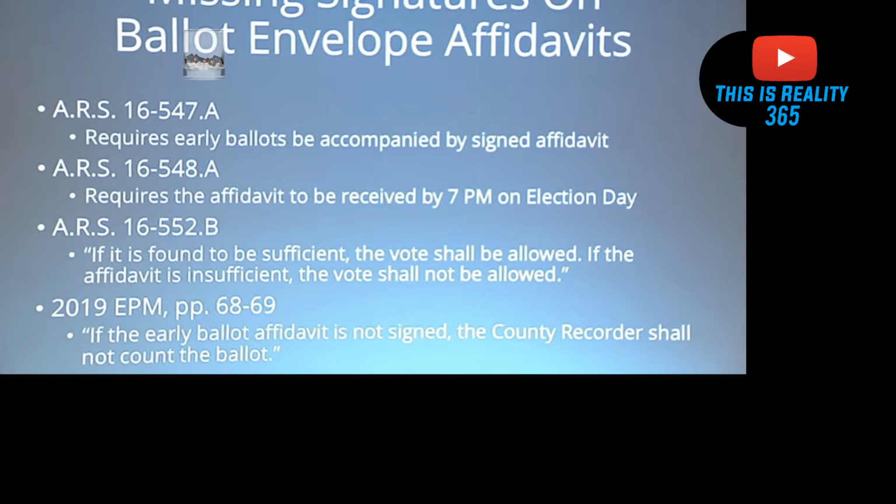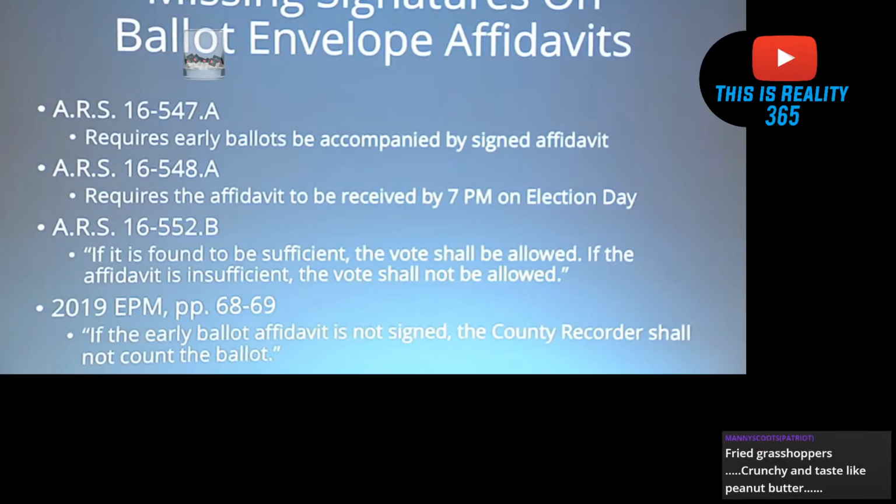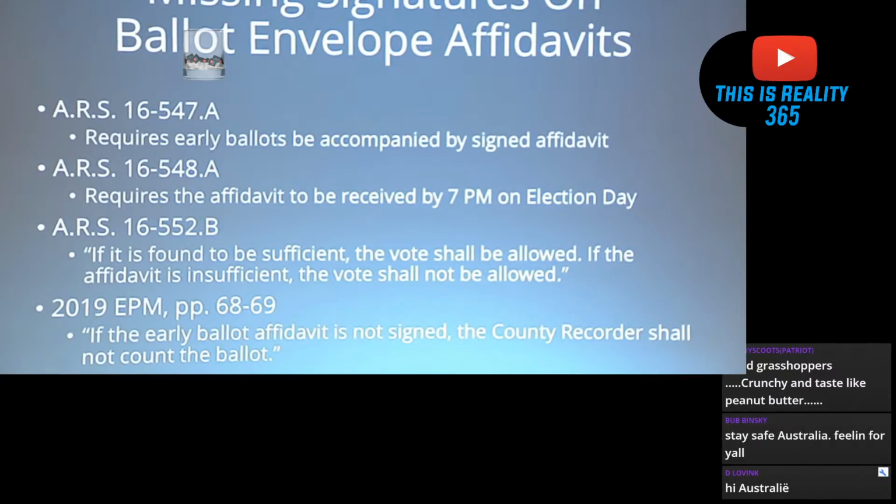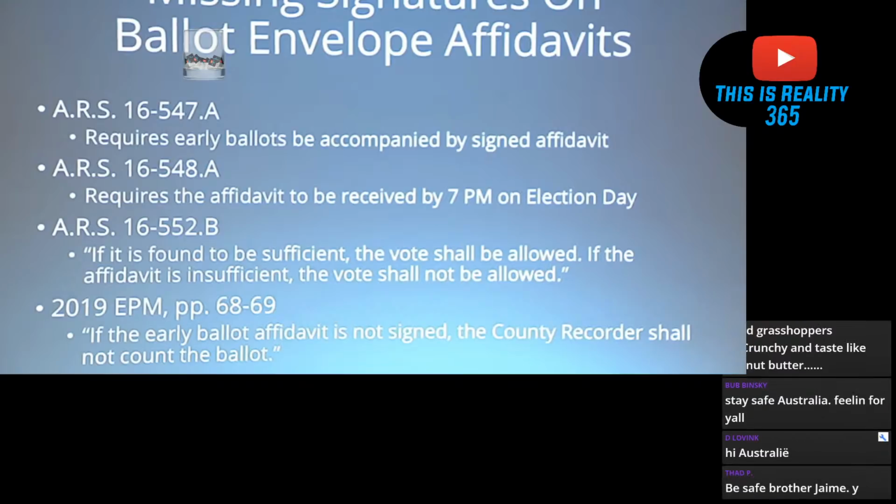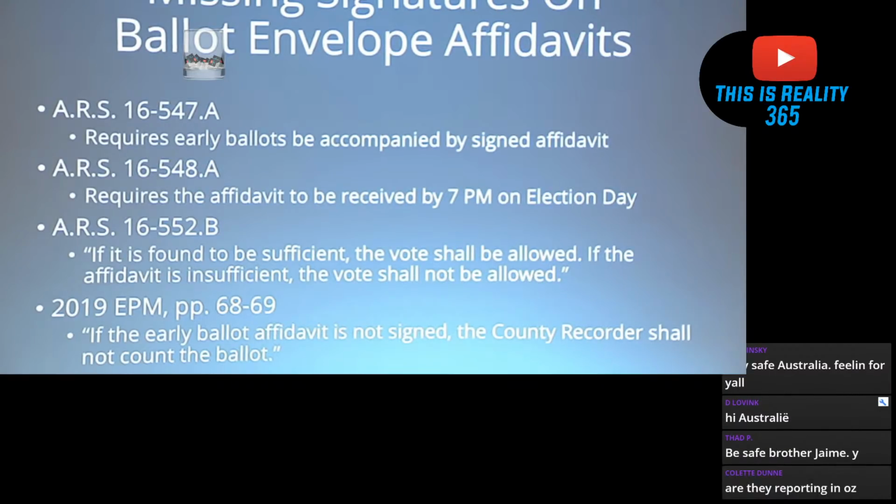I'll assume that the slides are changing at your end. You'll see the statutes 16-547 and 16-548 that early ballots have to be accompanied by an affidavit, and by 7 o'clock on election day, there is a cure period in section 550, which is not noted there,